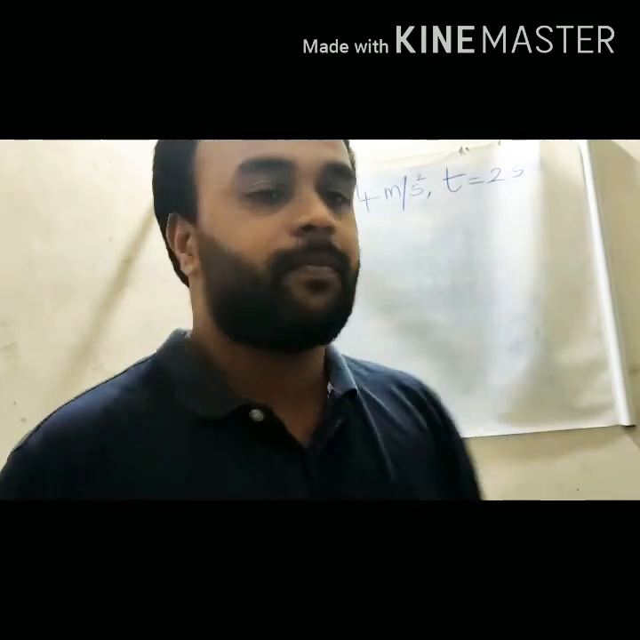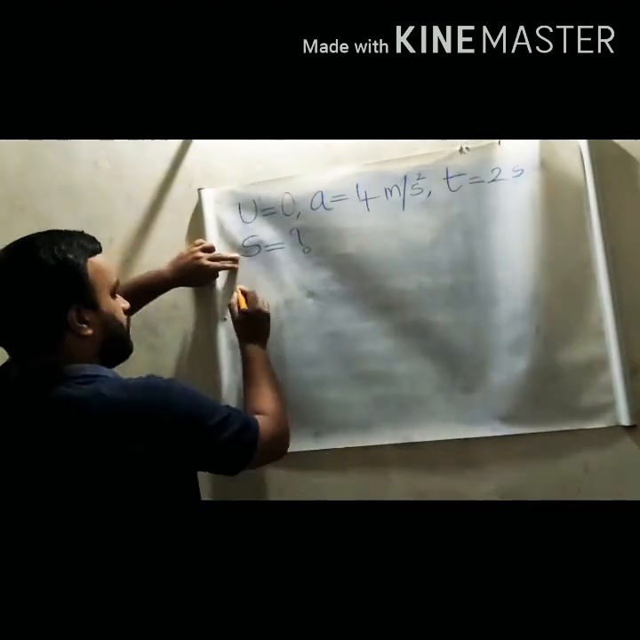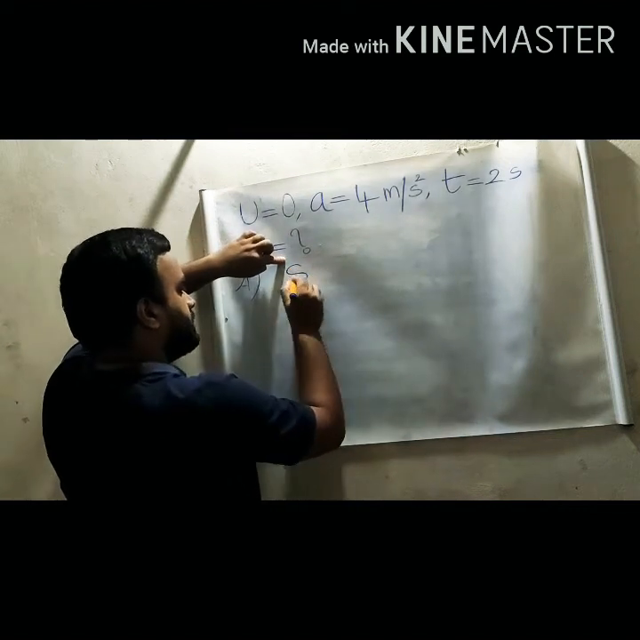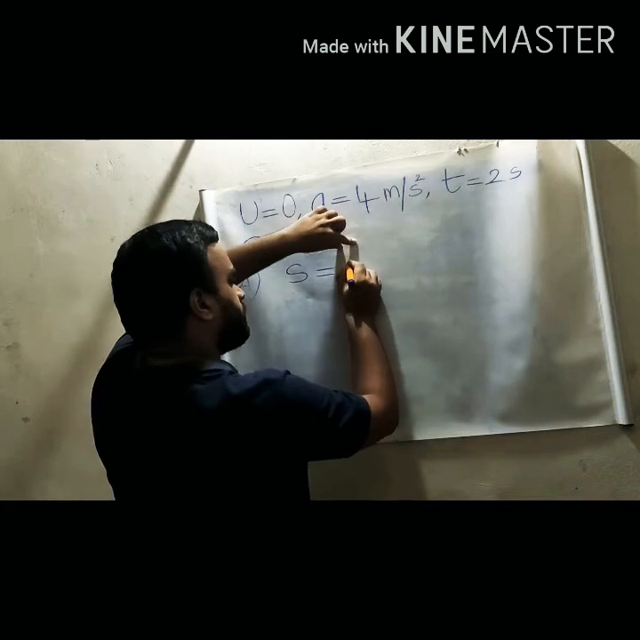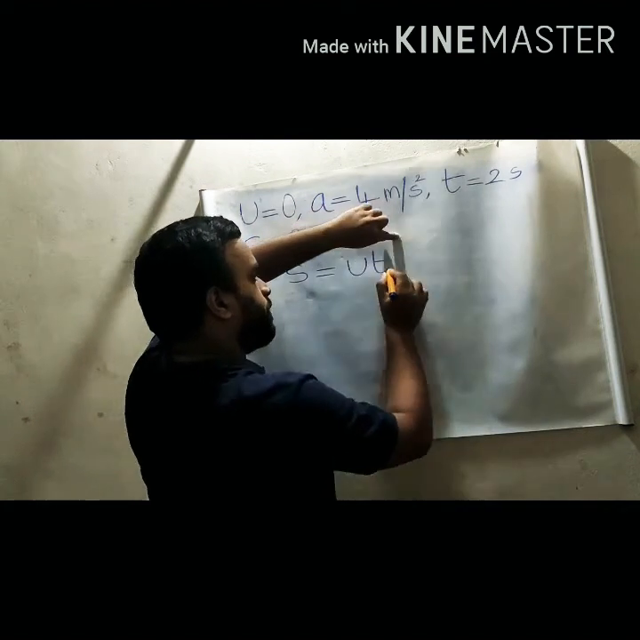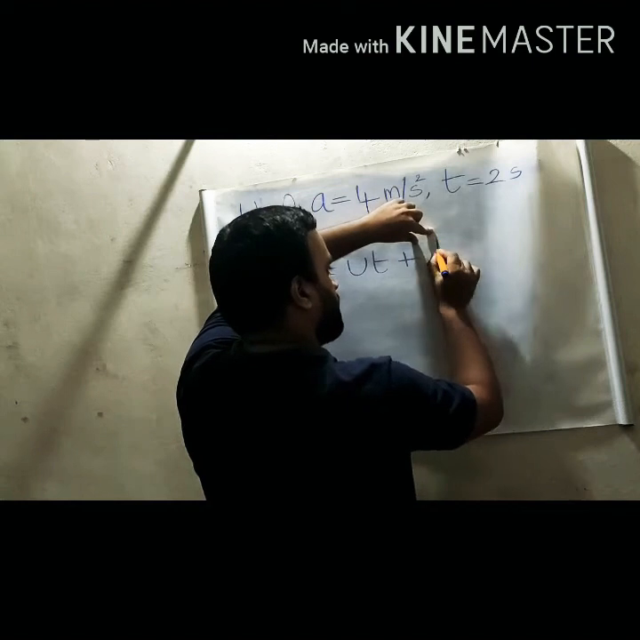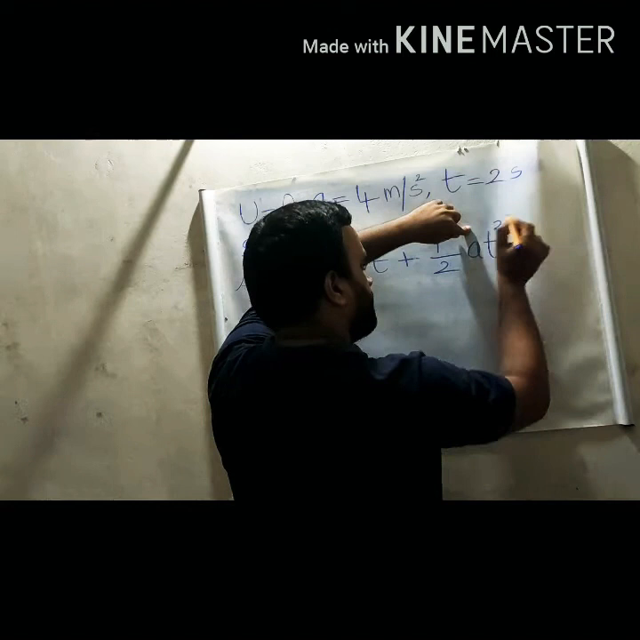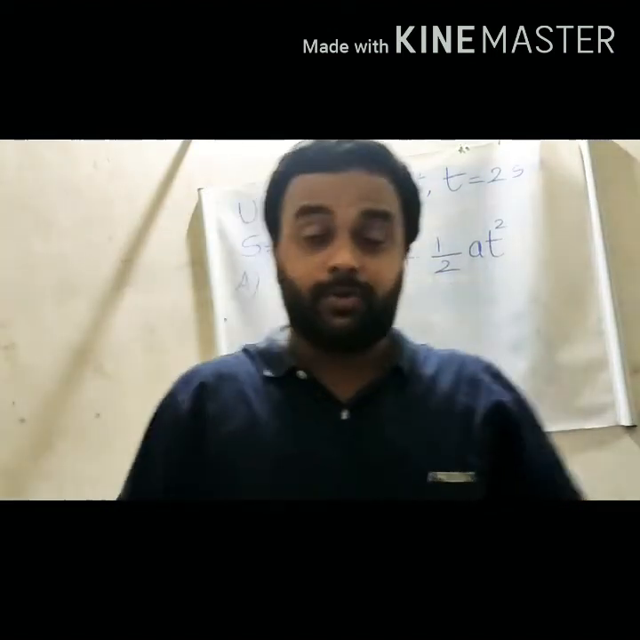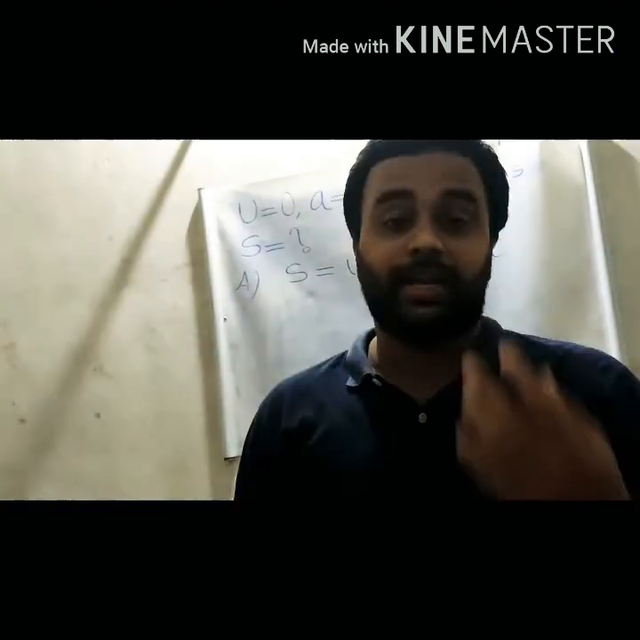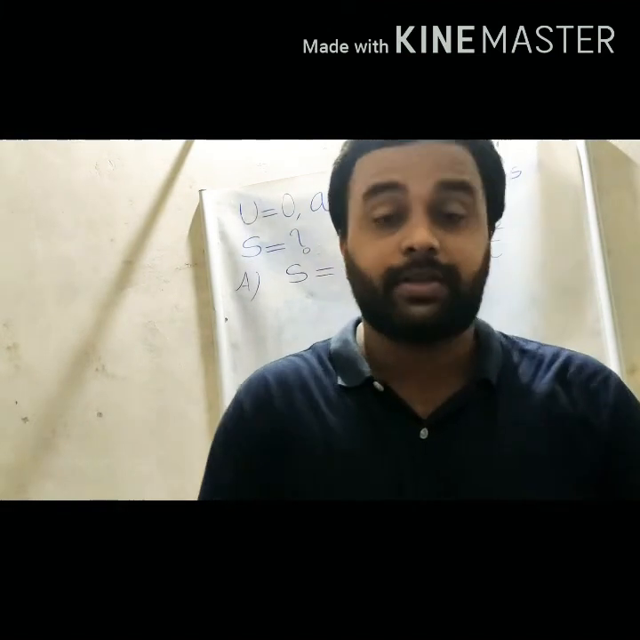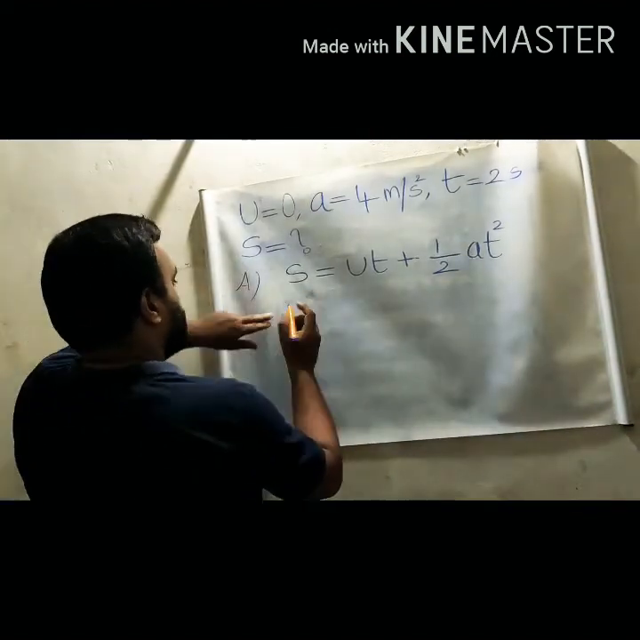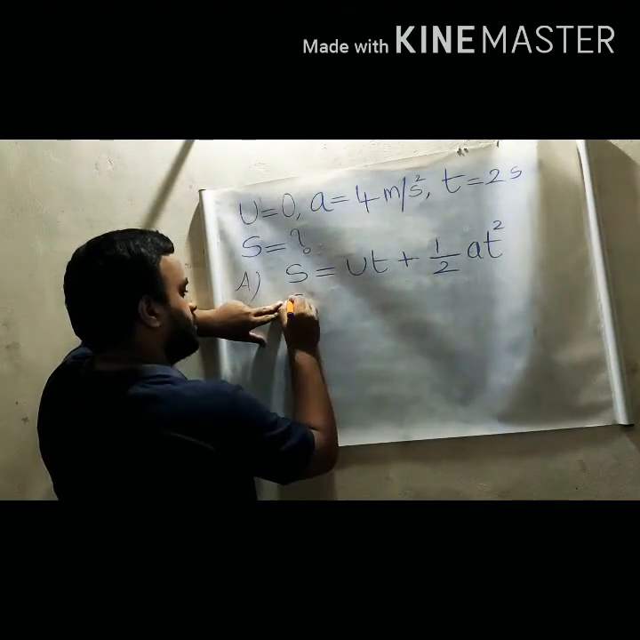So what's the formula? The formula is S is equal to ut plus half a t square. S is equal to ut plus half a t square. Then let's substitute the values. S is equal to